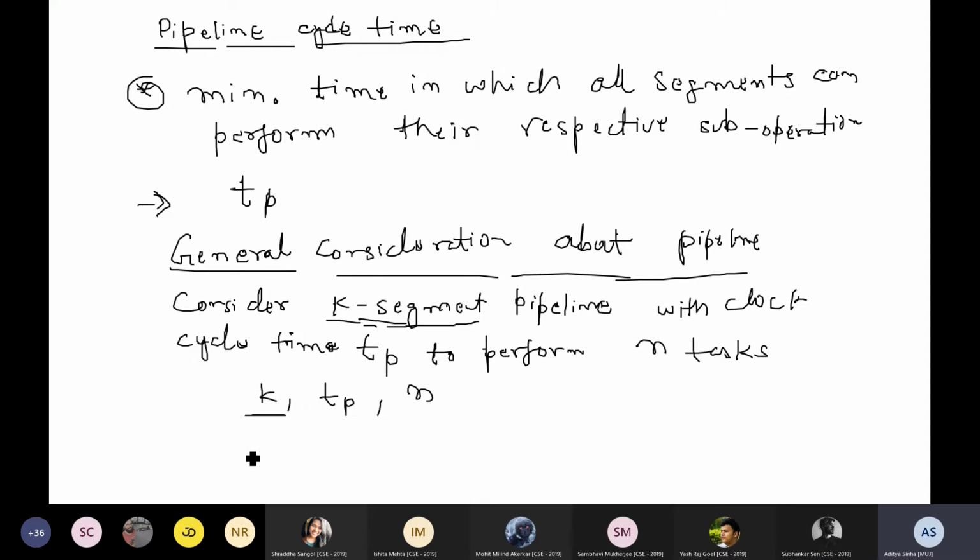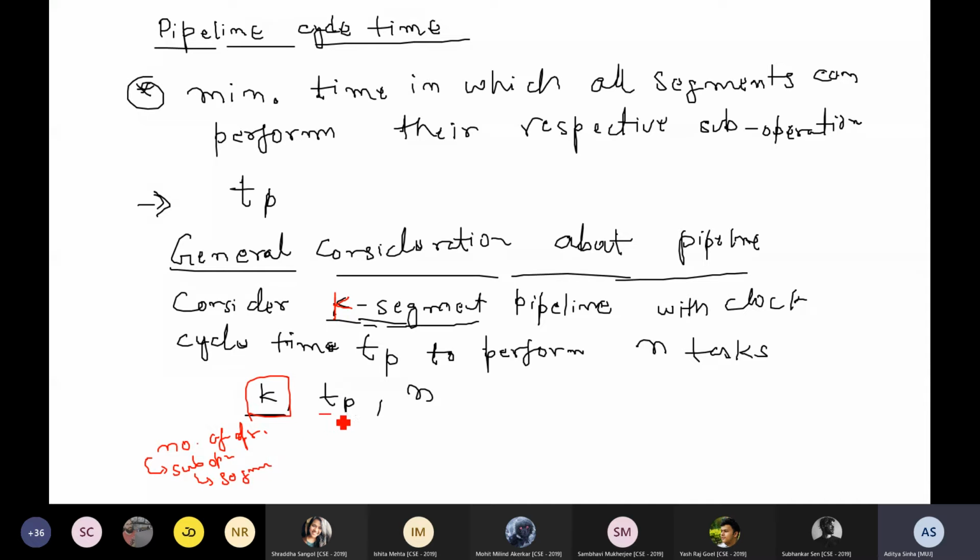What is this k? Number of segments. किसका सेगमेंट कर रहे हैं? What are we segmenting? So number of operations, या फिर उसको अपन सब ऑपरेशंस भी कहते हैं, इसी को अपन सेगमेंट भी कहते हैं. So number of sub operations, number of operations in which we have divided our main task. This is also called as this is divided into k segments.